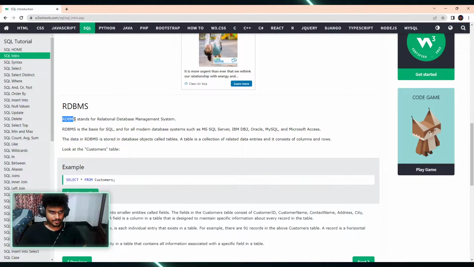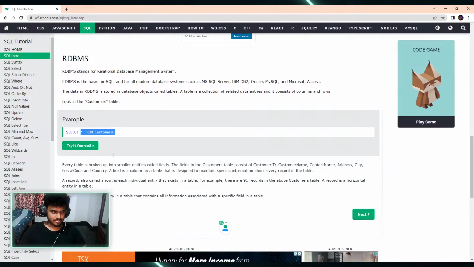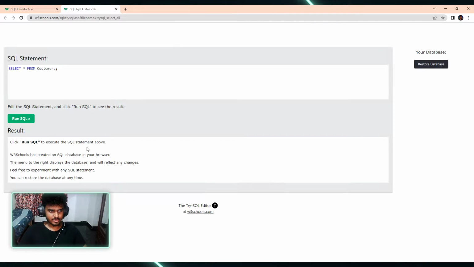RDBMS stands for Relational Database Management System. Okay. This is the basis of SQL and modern database systems like MySQL, SQL Server, IBM, Oracle, Microsoft Access, things like that. Okay. A table is a collection of related data entries, and it consists of columns and rows. Look at the customers table. Okay, so example, select star from customers. Okay, so if I click here,